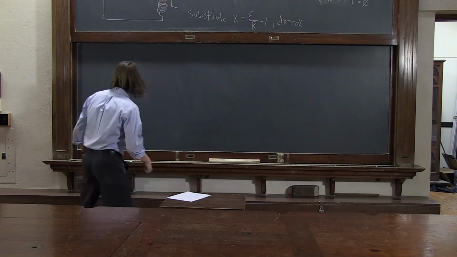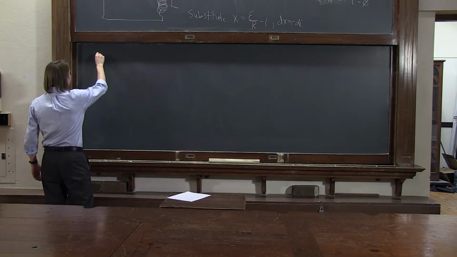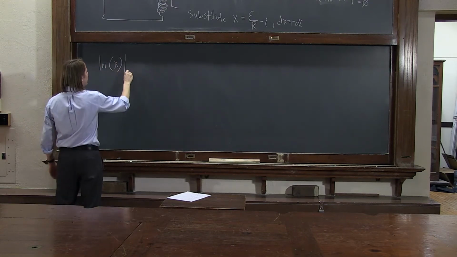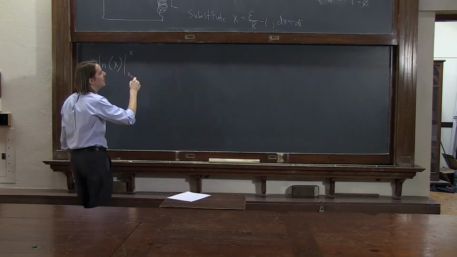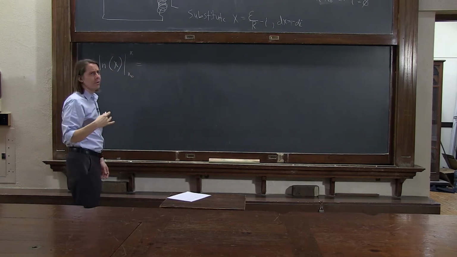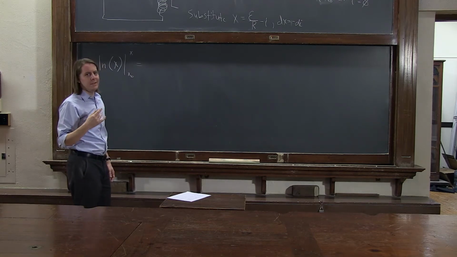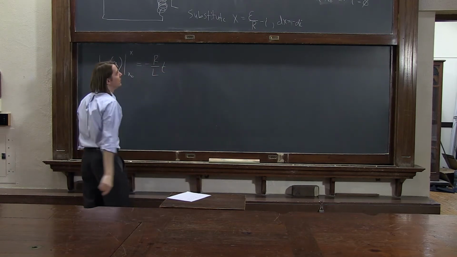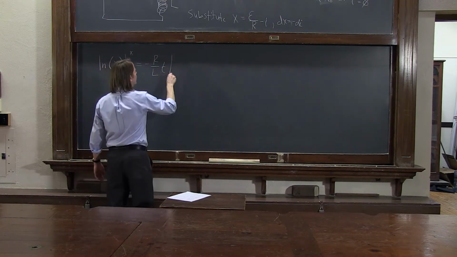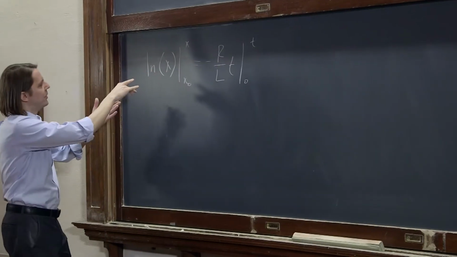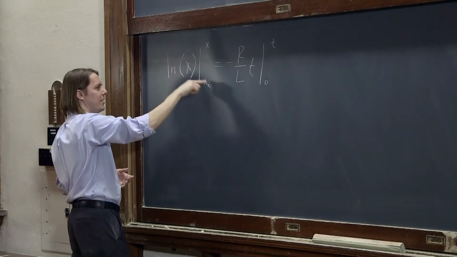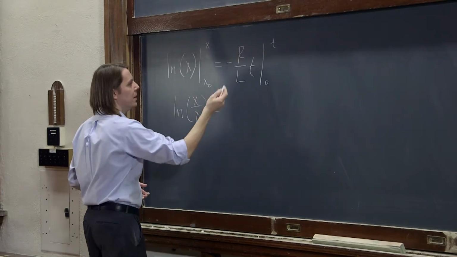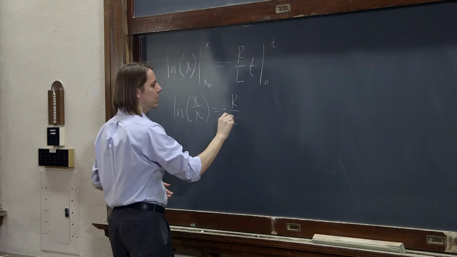We take our integral, and the integral of dx over x is the natural log of x evaluated from x naught to x. On the other side, the integral of negative R over L dt is just minus R over L t, evaluated from 0 to t. So this becomes the natural log of x minus the natural log of x naught, which is the natural log of x over x naught, and this becomes minus R over L